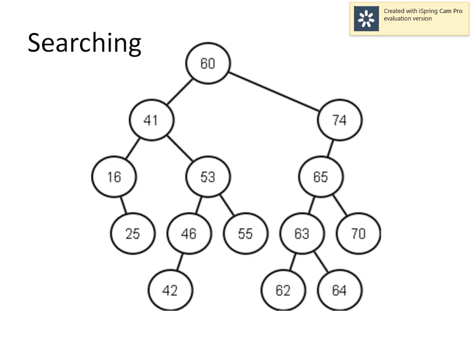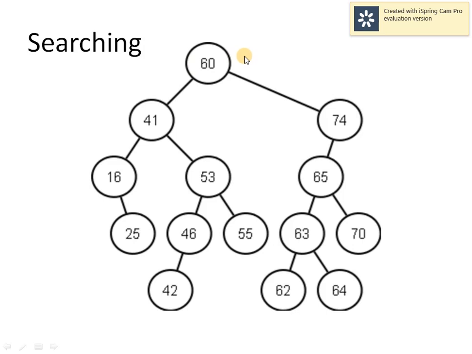So at any moment of time, if we reach a null node, that means the key does not exist in the tree. So we will take one more example. Let's say we are searching for 53. So again, we have to start with root. We will compare 53 and 60.